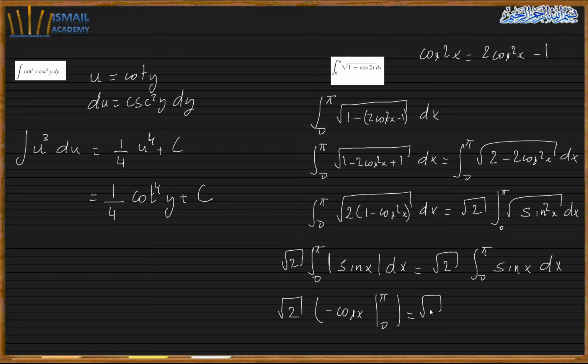So it's going to be square root of 2. So here is going to be minus cosine of pi plus cosine of 0, which is going to be 1 plus 1. Going to be 2 square root of 2, and this will be your answer. Is that clear? Now for